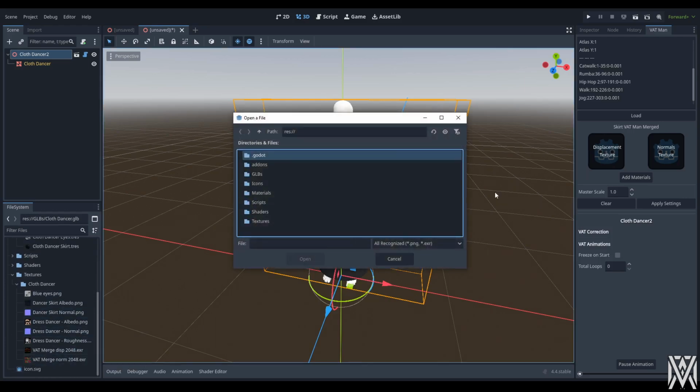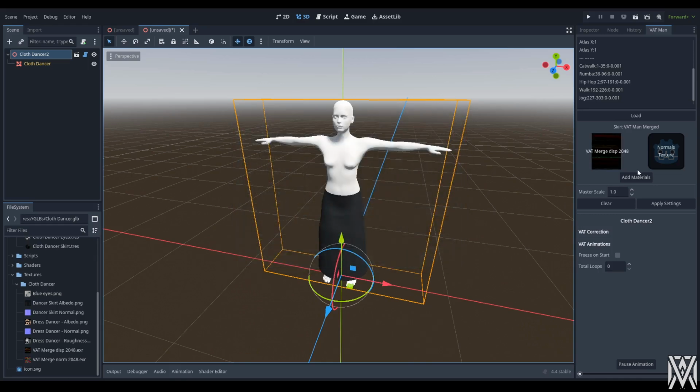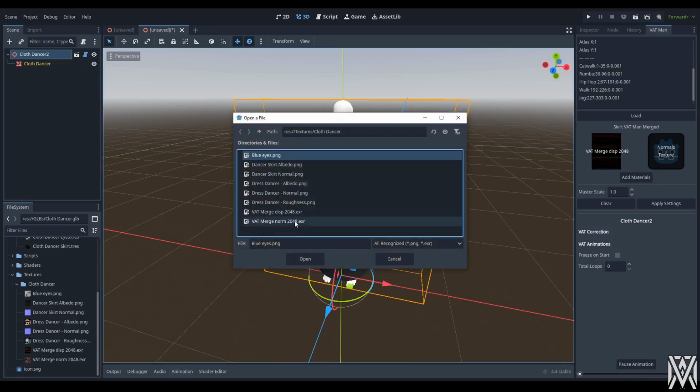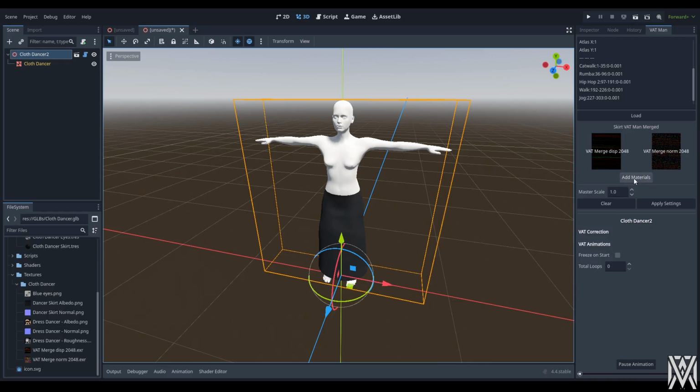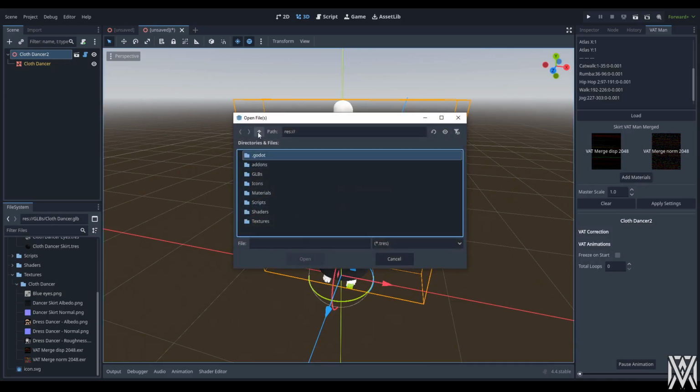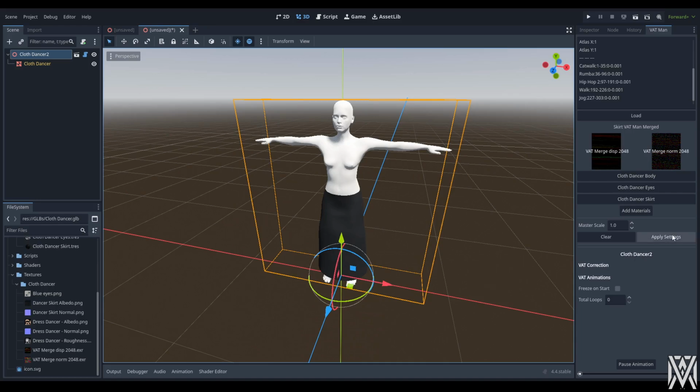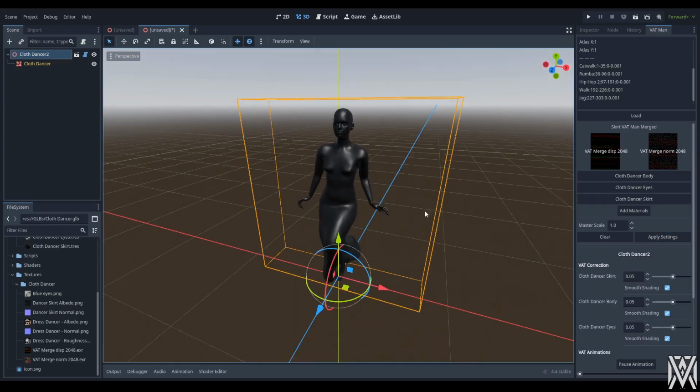Click on the icon for displacement texture and browse to the cloth dancer folder where I saved those textures. I'll select the VAT displacement texture right there and do the same thing for the normals texture. Now we'll select those previously exported materials, go to the materials folder, cloth dancer, select all three of those materials and click on Open. Now with all that ready to go, click on Apply Settings and you'll see your model